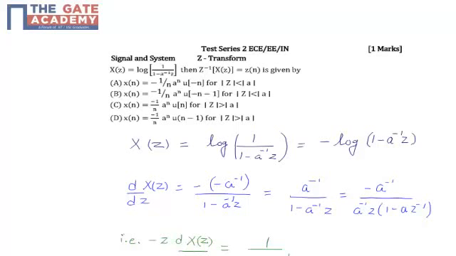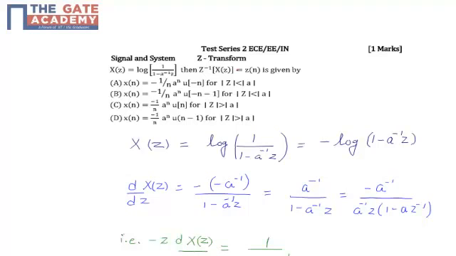Hello students, the following question is from Test 2, subject Signals and Systems, chapter Z transform, and the question is asked for 1 mark. The question is: if X of z is equal to log of 1 by 1 minus a inverse z, then the z inverse of X of z is equal to x of n, which is given by,